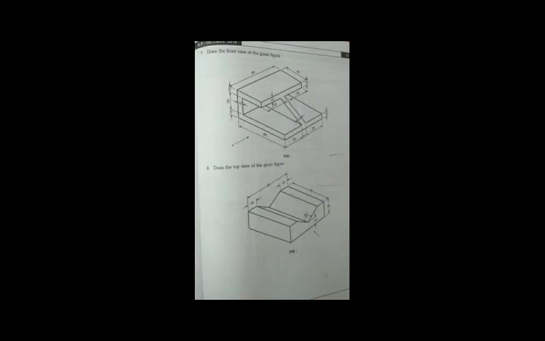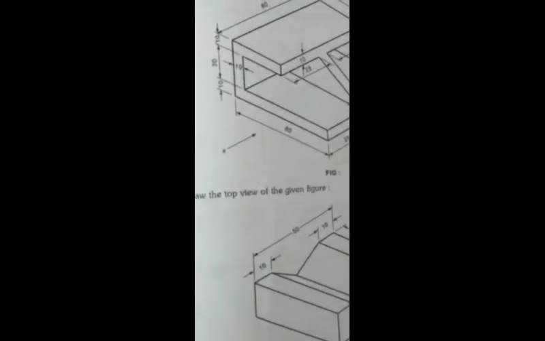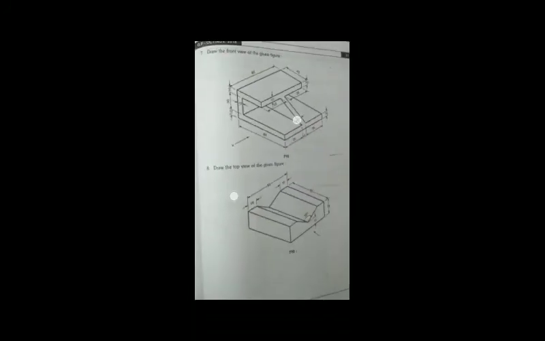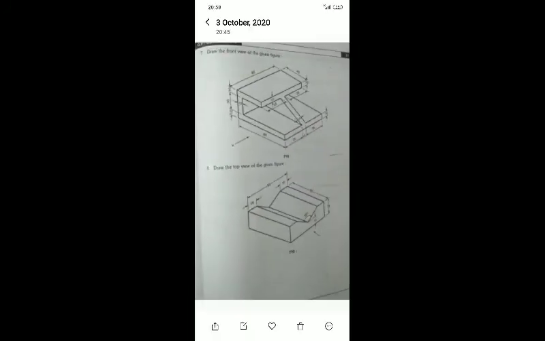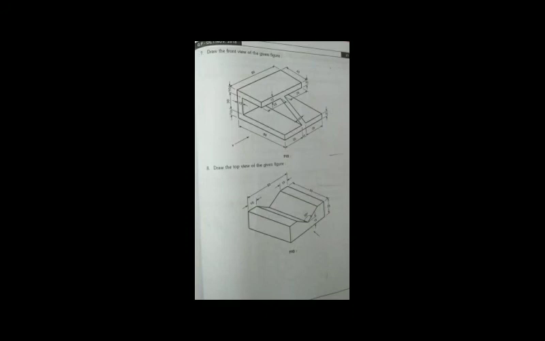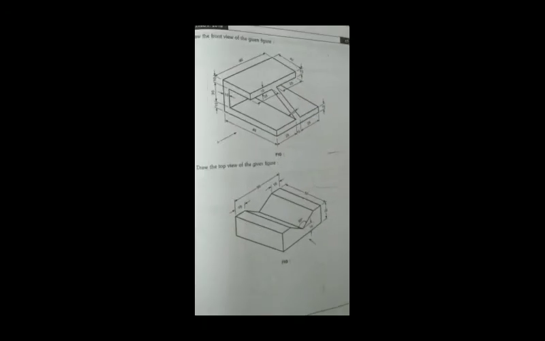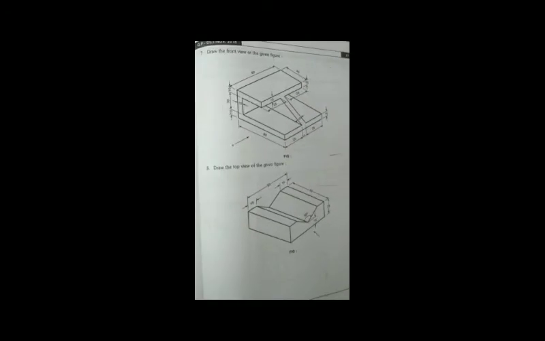In the seventh question, the arrow mark is given from the left side, you can observe it with the mark of X. So here you can mark, so we have to draw only the front view from this side. Now the eighth question is given the same way, just the top view of the following figure, but without drawing the front view of this figure you cannot draw the top view. So obviously you have to draw the front view as well as the top view for this figure. So it is a very small question.